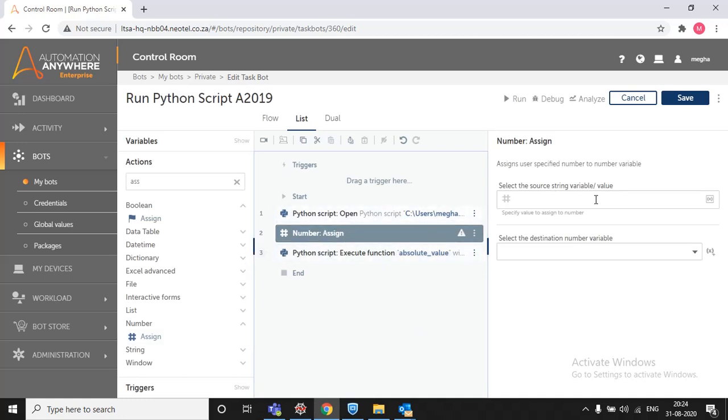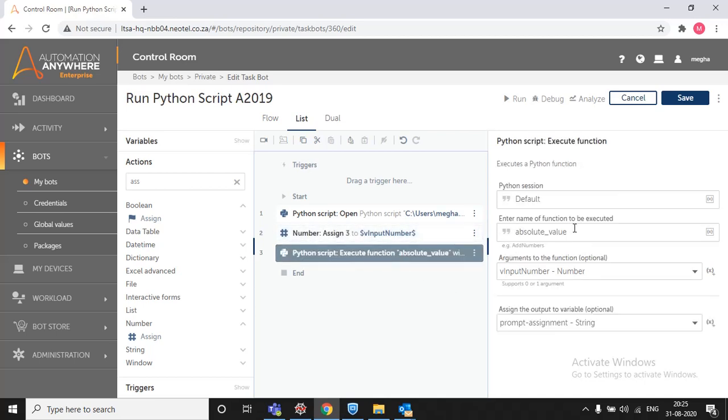then drag this assign option. Here it will ask you to select the source string variable or value. So here we can pass our value directly. Like I am giving 3 here, and it will ask you to select the destination number, and I am selecting my destination number as v input number, which I have already given in my execute Python script function.